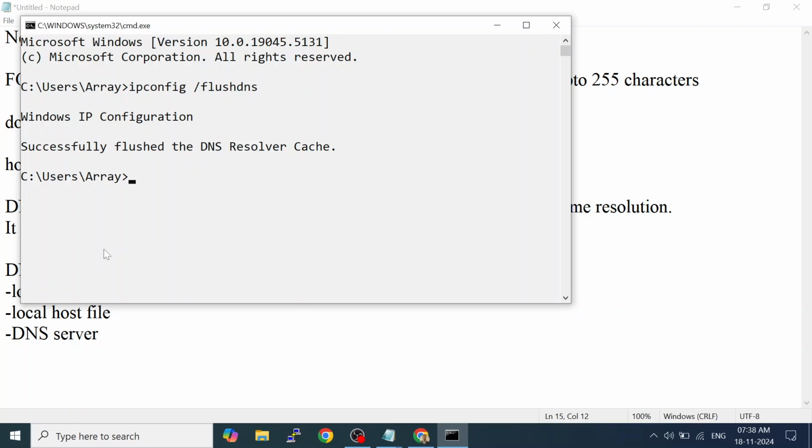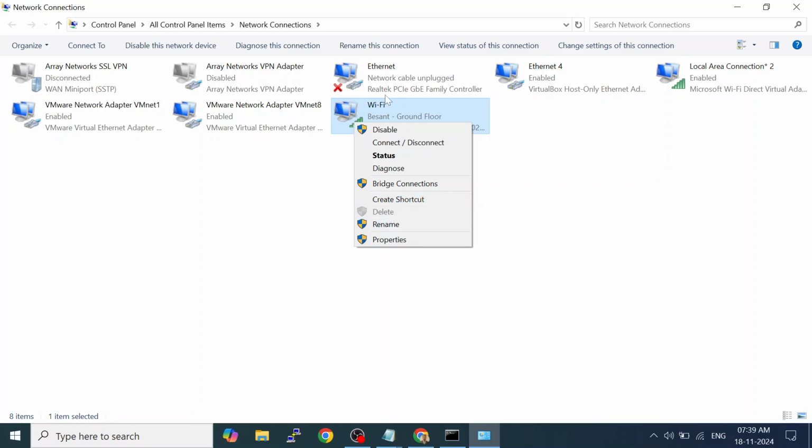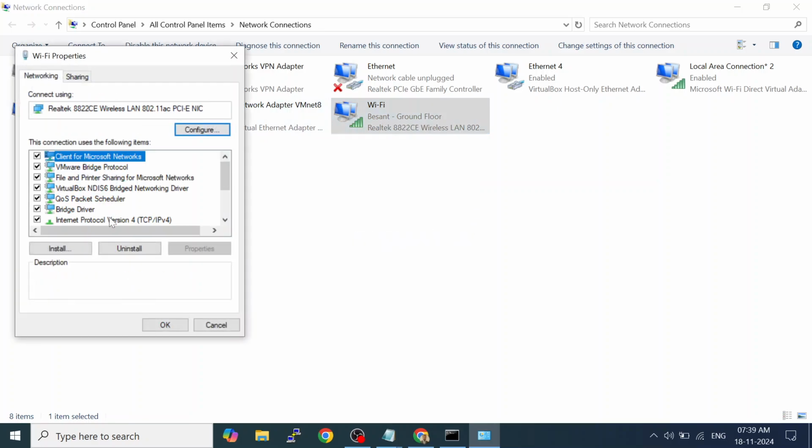And how will it know who the DNS server is, where it has to send the request? It knows because when you configure the IP address, there you define the DNS.